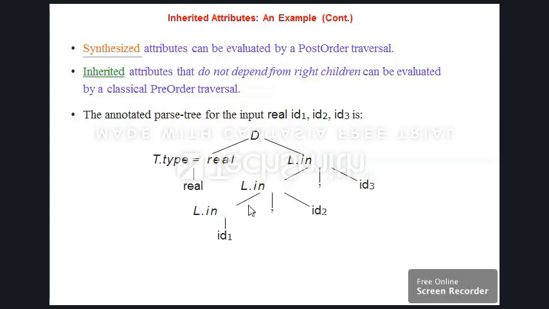Further, L has the form of L, ID, and L has the form of ID, where T.type equals real. This is the parse tree generated for the given input, and for this annotated parse tree we have an evaluation order in which the code would be generated for further processing.